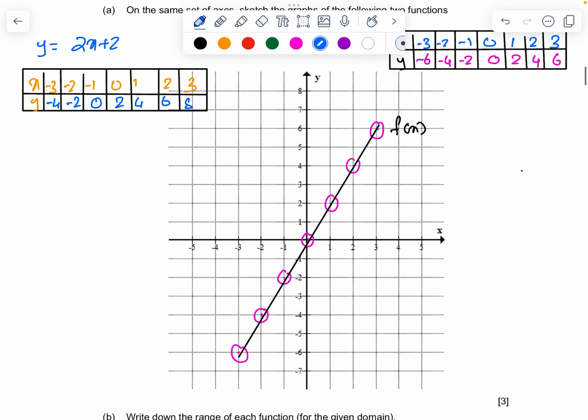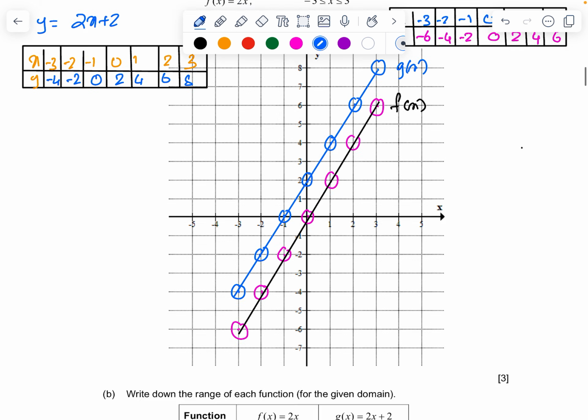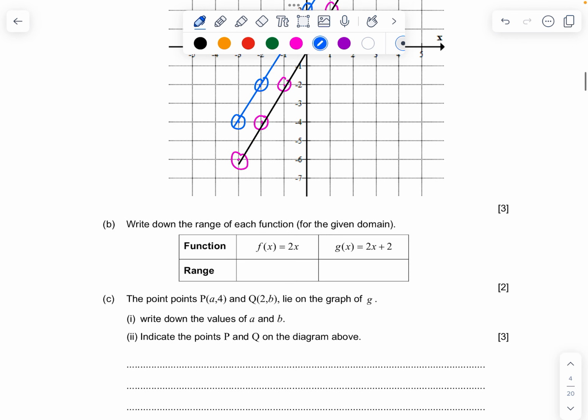So plot those points. When it is -3, it is -4. -2, it will be -2. -1, it is 0. When it is 0, it is 2. When it is 1, it is 4. When it is 2, it is 6. And when it is 3, it is 8. Then join the points. This is going to be the line for g of x. Then the range: you can see the range for this one is -6 to +6, and